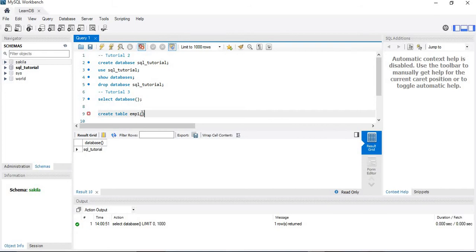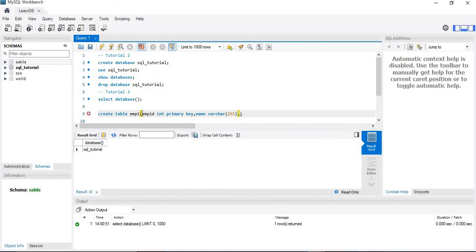The table name is employee, and then we write the names of the columns. Employee ID, EMP, the data type is int, and I'll make this employee ID a primary key. After that, we'll mention name, and the size of the varchar is 255.